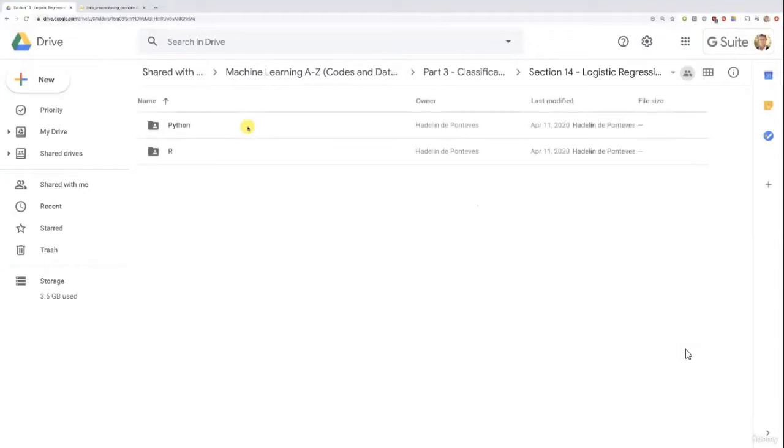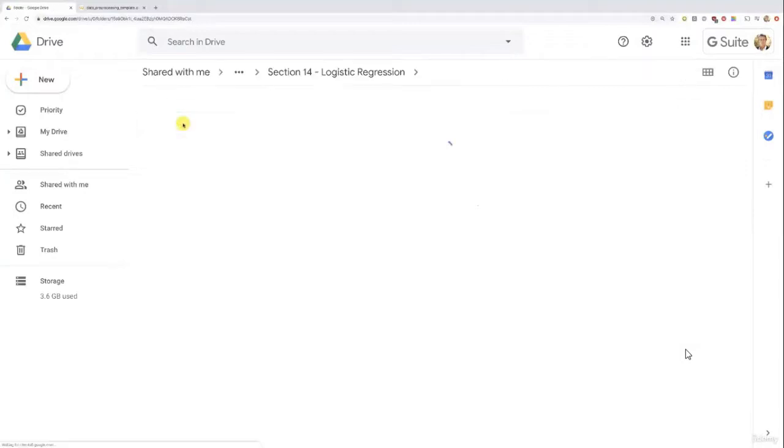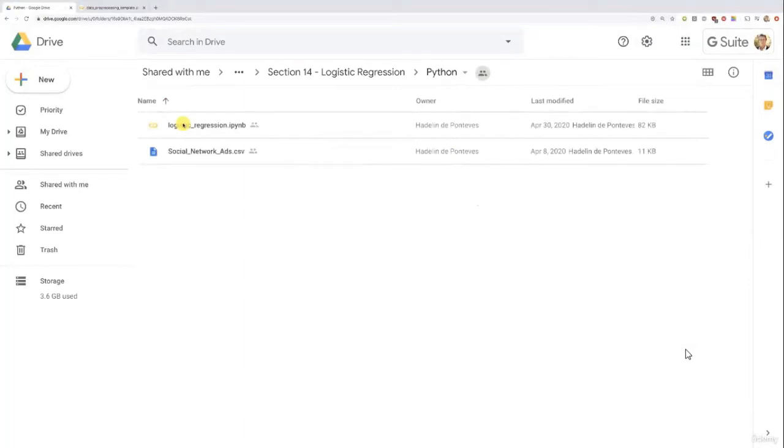We are now ready to put your well-learned theory into practice, and we're going to put it into practice first with Python. We will implement from scratch and step by step the whole logistic regression implementation. As you can see in this Python folder, you have two files, first, the logistic regression implementation,